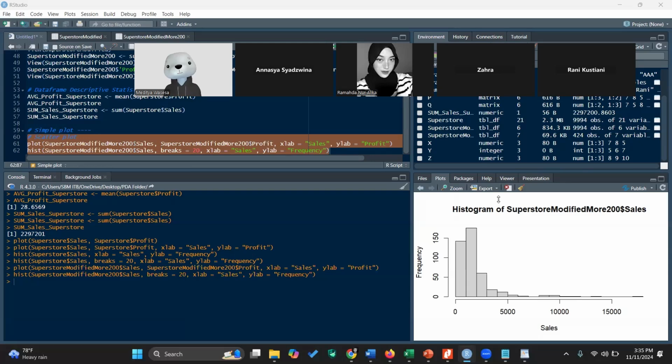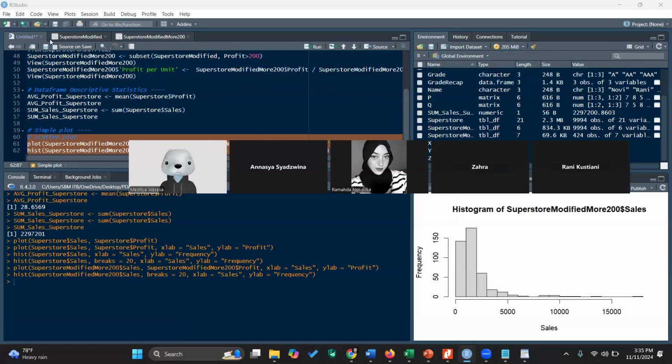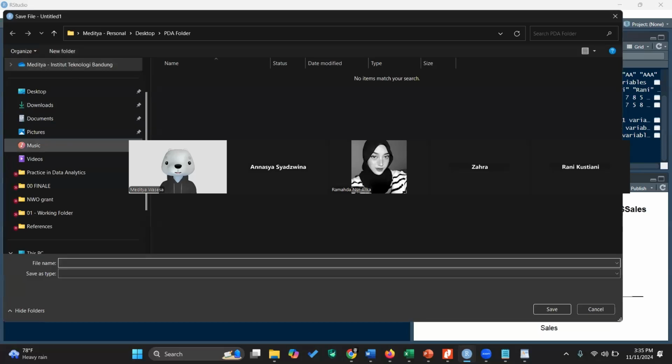Okay? Very easy. So, how to save the code? You just save it. If you want to save the code, you just press the save current document, and then in the folder you use, for example, 00 my first R code. Save.